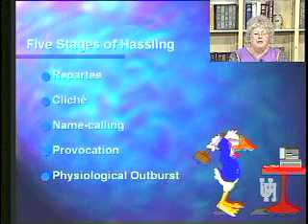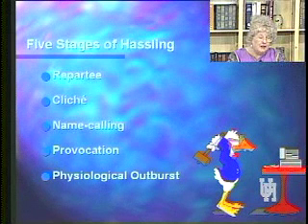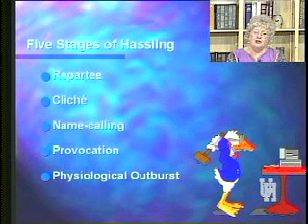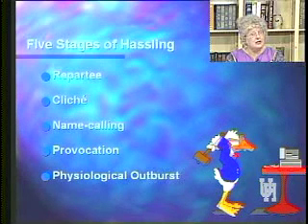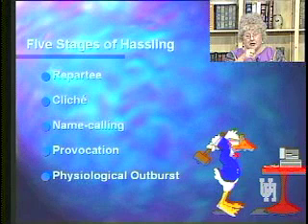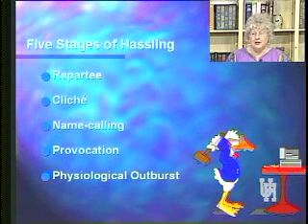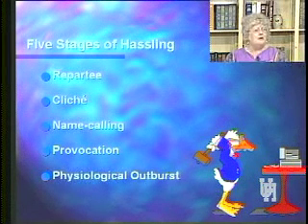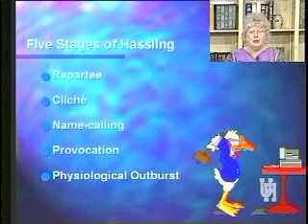Okay. But physiological outbursts may involve screaming, ranting, raving, crying, an emotional breakdown, but usually it doesn't go that far. May involve pulling out a gun and shooting someone. May involve doubling up your fist and socking the other person. Anything that is literally a physiological outburst. Well, how do people get to that level? And if you ask them, why did you slap her or him? Why did you shoot him? Well, they provoked me. Why do children hit each other? Well, they were provoked.